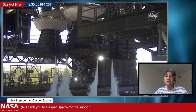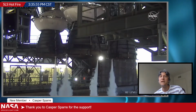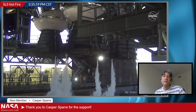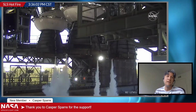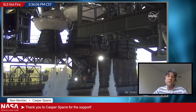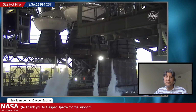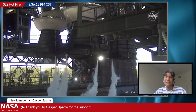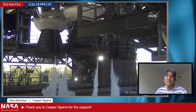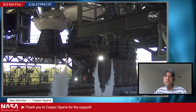So inside 6 minutes, they'll start pressurizing the propellant tanks. They'll start with the liquid oxygen tank, and then the LH2 tank. That was where they stopped during the wet dress rehearsal back on December 20th. So we'll be listening to see. Considering that they've spent several weeks trying to fix that, I would be surprised if they stopped there this time. But then at 4 minutes is when they'll start up the APUs,